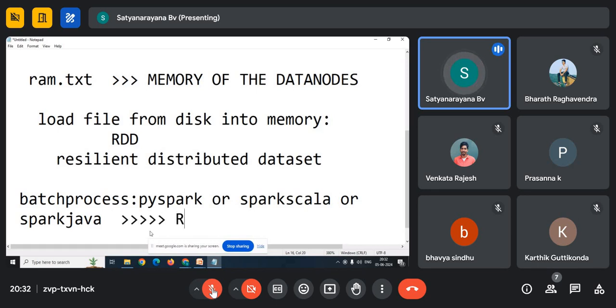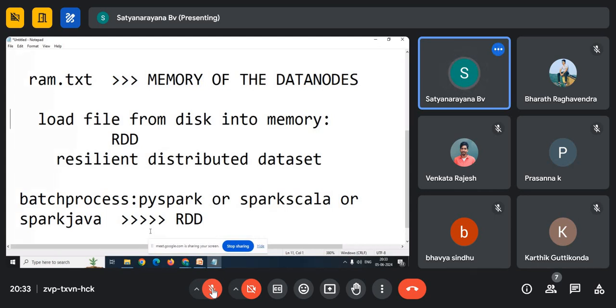We need to create the RDD. So if you want to run PySpark code, first we need to create RDD. Once RDD is created, then you can analyze with PySpark, or with Spark Scala. Because RDD means all the blocks of the file will be in the memory of the data nodes. Understood?